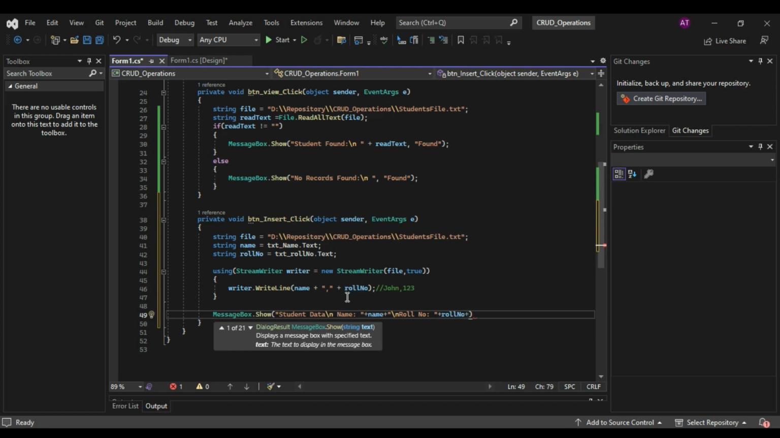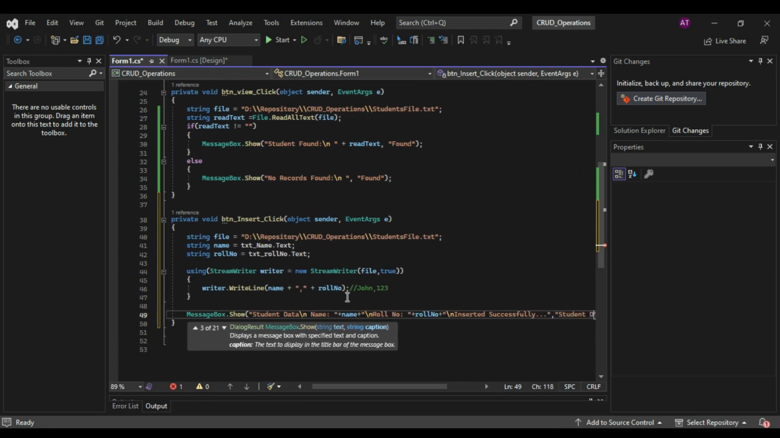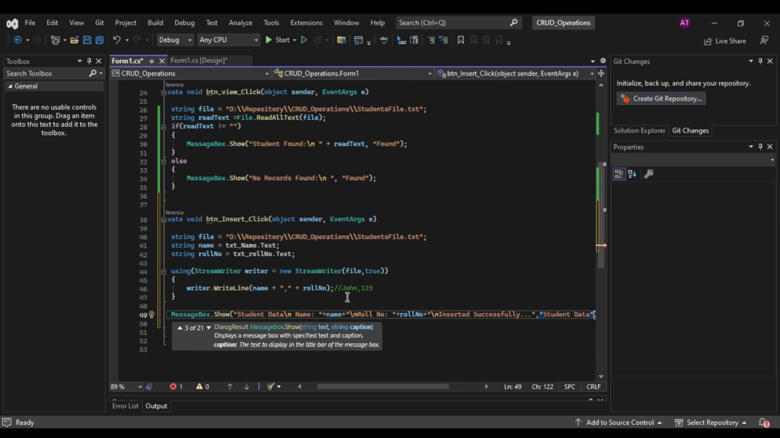then plus inserted, we have to display inserted successfully, and I write three dots, which I like. Then we have to add a comma. Now it will say to write some caption. So string, maybe you give student data. Then we have to